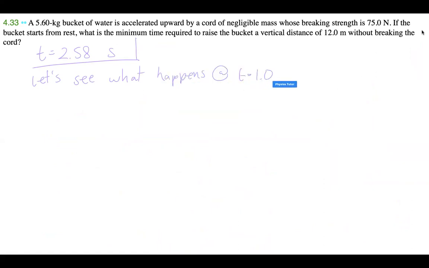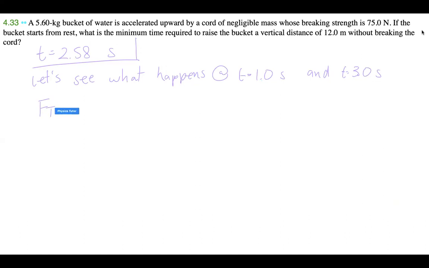Let's assume that the time is going to be, well, we know that the time is 2.58 seconds. That is officially the answer, but let's see what happens at t equal to 1.0 second and t equal to 3.0 seconds. Okay. All right. So what we need is, if we want to find out what Ft is,